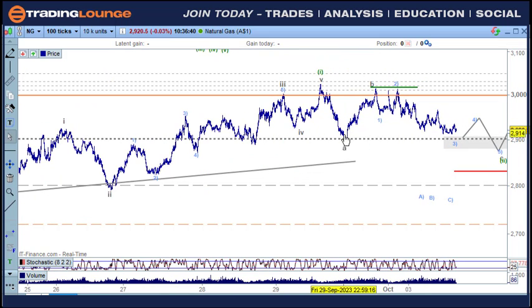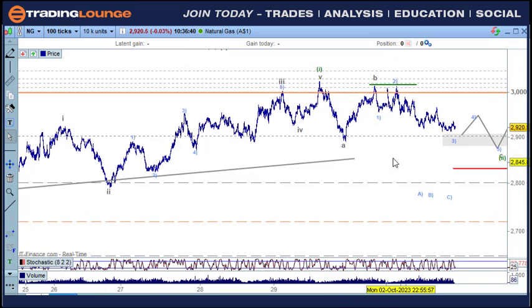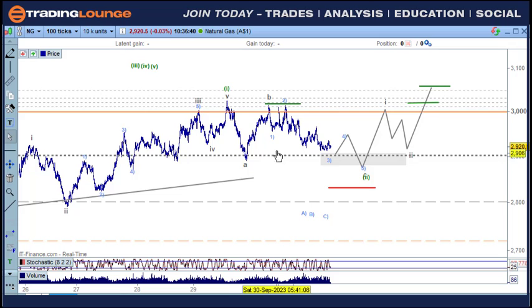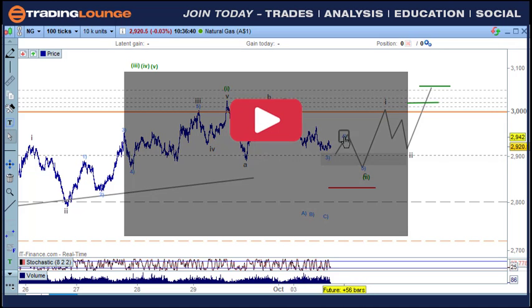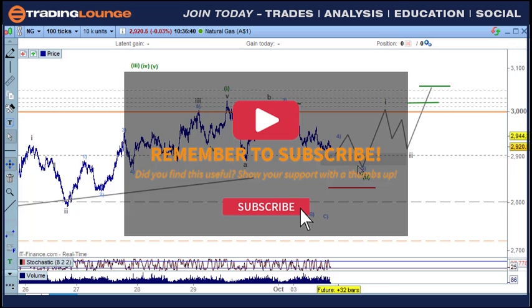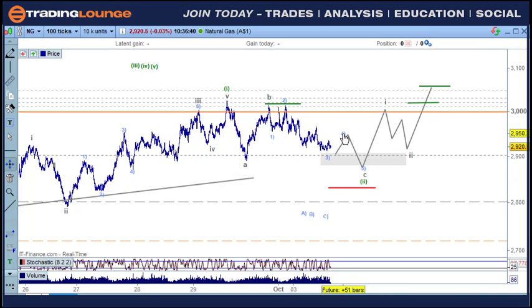So looking at this is the A wave here, the B wave over here. I could probably put that over there. And then looking for the C wave down here. So the C wave would be 1 and 2 here, then 1 and 2 and 3 and 4 and 5 for the 3rd wave here somewhere, then the little 4th wave in here, and then the 5th wave over here. So I'm just going to wait for this to play out here.